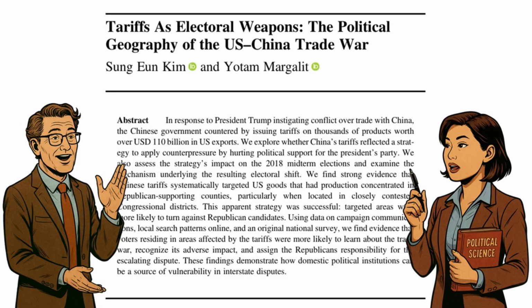Traditionally, scholars have treated tariffs as tools for domestic political gain, protecting certain industries or rewarding supporters. This study links that idea to the sanctions literature, especially smart sanctions, which target specific political constituencies. It's unusual because it treats tariffs as a form of foreign political intervention, aimed at influencing another country's elections. What kind of research design and data do they use here?